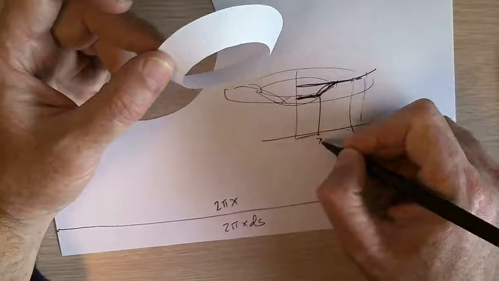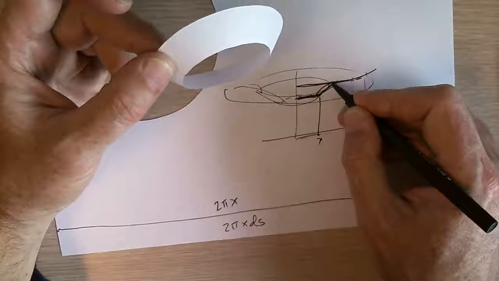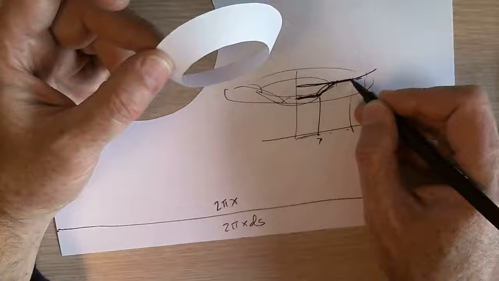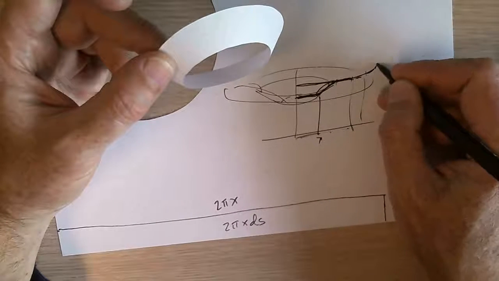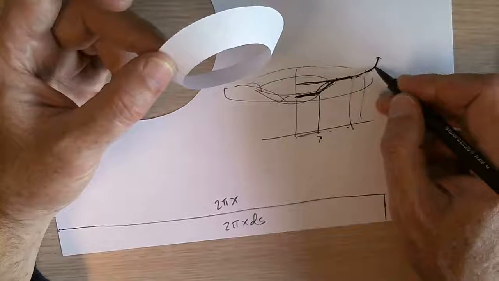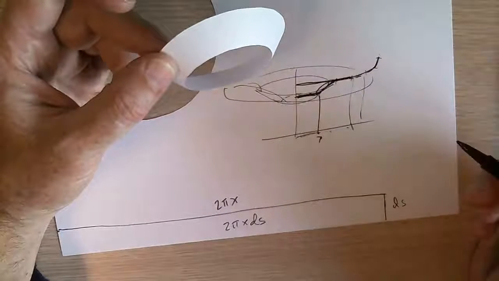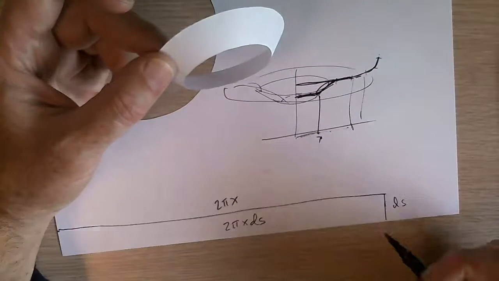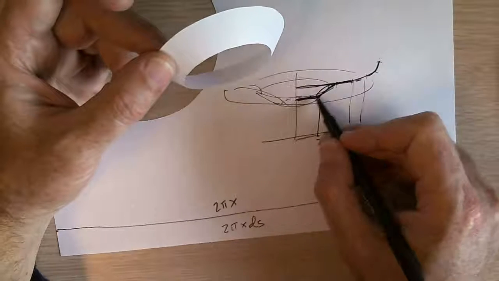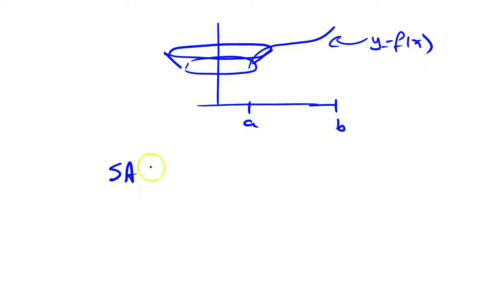for the same change in x, you might have a steeper or a less steep slope. And so, if it's practically horizontal, ds and dx are practically the same. But if you get to a part of the curve where it's almost vertical, then ds and dx might be very, very different because you're going mostly upwards, right? There are changes in the y direction. But anyway, this is the little bit of area generated by that one little line segment as you rotate it around the y-axis. So the surface area is the integral from start to finish, a to b, of 2 pi